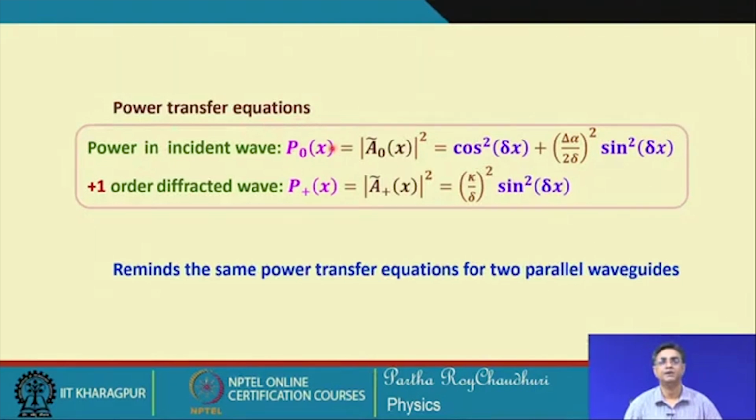Using that boundary condition for the unit incident field, we calculated the power, that is power in the 0th order wave, and power in the plus order wave. So, that was cosine square, sine square variation, and we mentioned that it is the power transfer, periodic exchange of power between the two parallel waveguides, and that also we understood from the consideration of the coupled mode theory. So, this is the power transfer